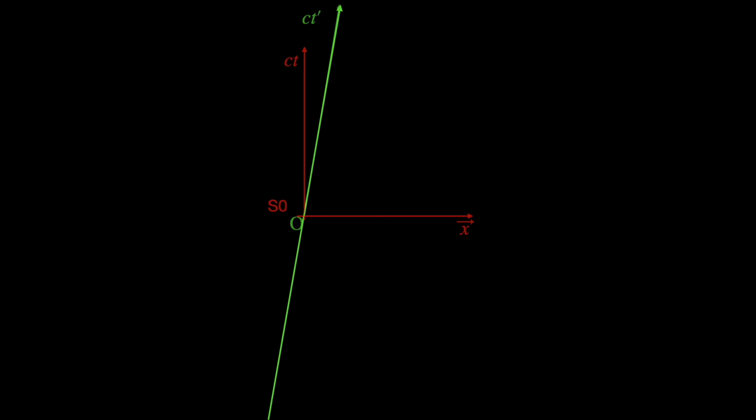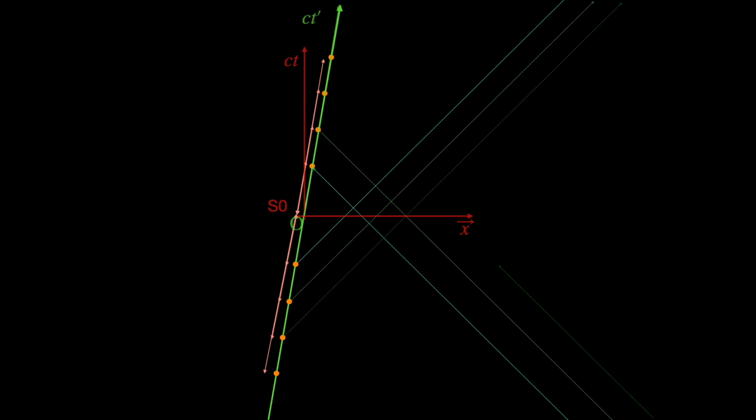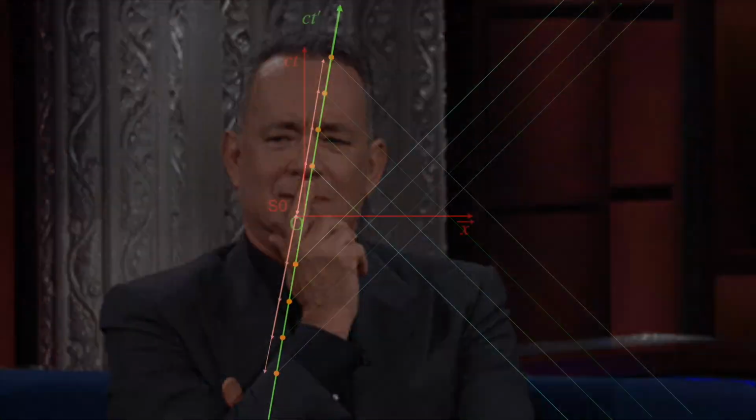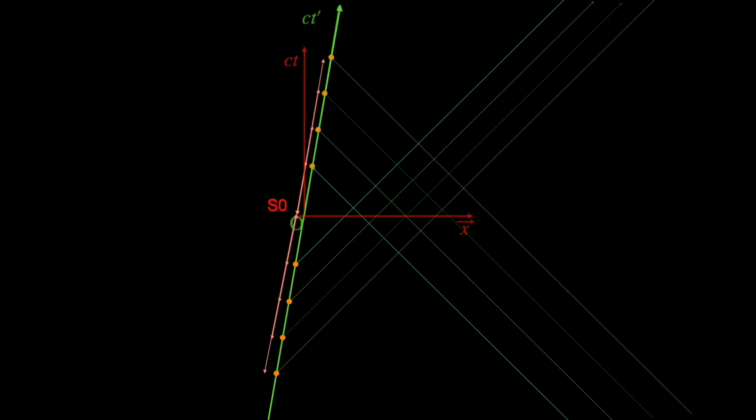So we identify pairs of emission and reception events that are evenly spaced across the origin on the time axis of S'. Again, we draw outgoing light paths starting from the emission event and incoming light paths arriving at the reception event for each of these pairs. Notice that all this is still being drawn in our spacetime diagram, that is in the S0 frame, so the light paths are still 45-degree lines with respect to S0 frame's time axis, not the S' frame's time axis. The intersection of outgoing and incoming light paths for a given pair indicates an event simultaneous with the origin of S'. Collectively, they generate the space axis of the S' frame.